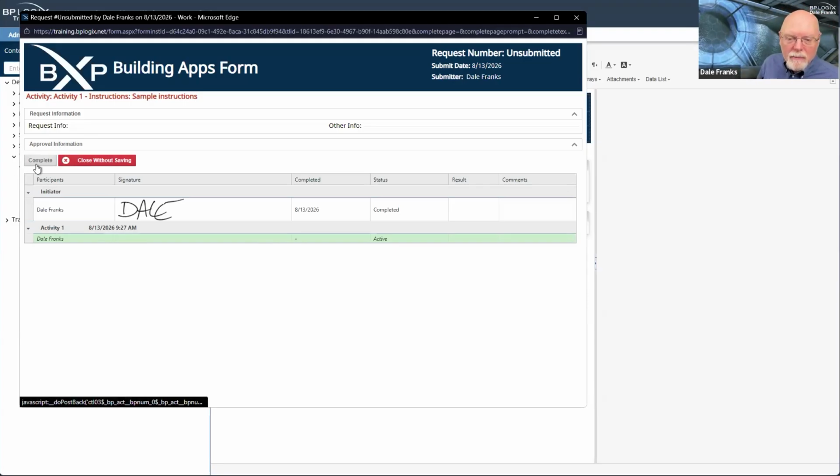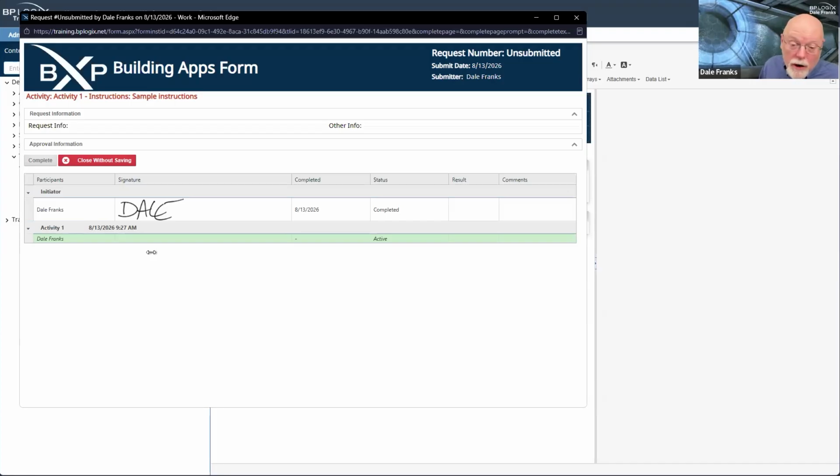My buttons are here. I haven't configured any results for this activity, so I just have the ugly gray default complete button. And at the bottom of the form, I see my routing slip, which I think we are going to rename the audit trail for some reason, but right now it's still called the routing slip, so we'll continue to call it that in the immediate future.